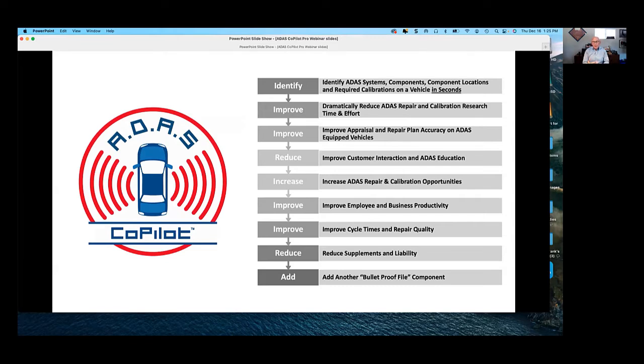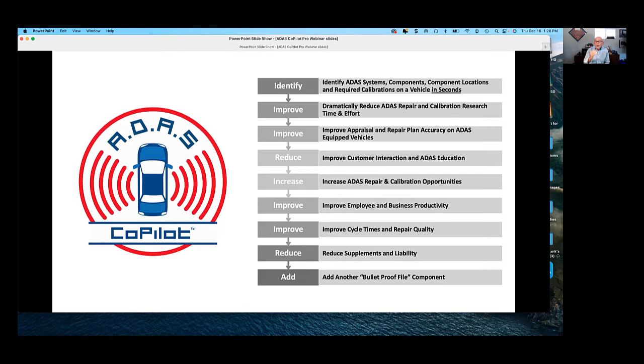Think of anybody who's in the used car business. They want to take in a used car, they want to buy a used car. How do they know what they're buying? Again, there's a lot of opportunity for this to be used, and a lot of benefits. As you can see, we identify the components, the systems, the location, and the calibration requirements virtually immediately.